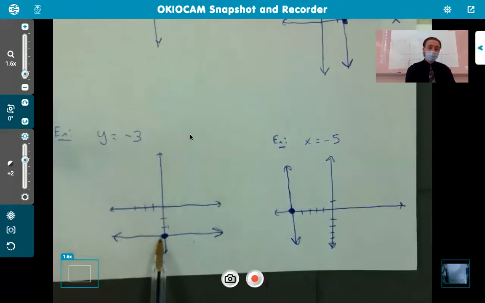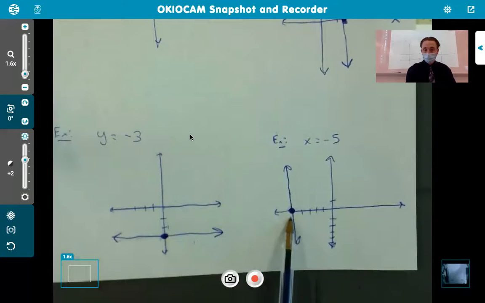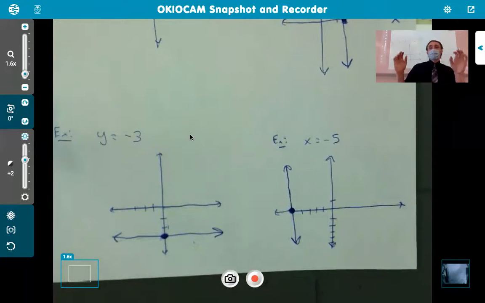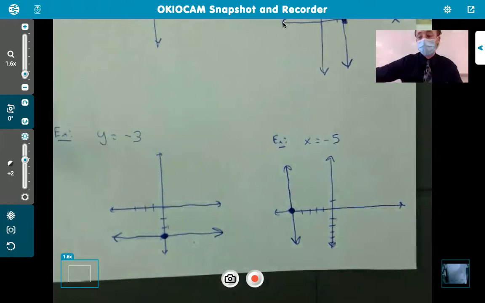Start by going to that point, plot it, and then draw the line. Y equals horizontal, x equals vertical. All right? It's really as simple as that. Does anybody have any questions about that idea? Everybody's good? Okay. Well then, with that being said, for the remainder of the class,